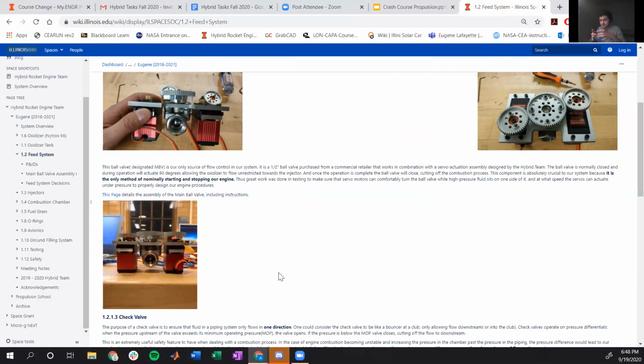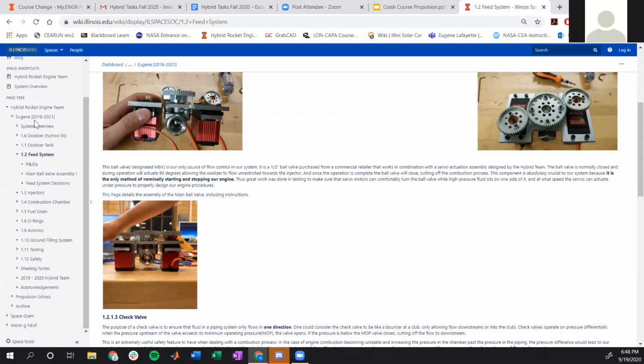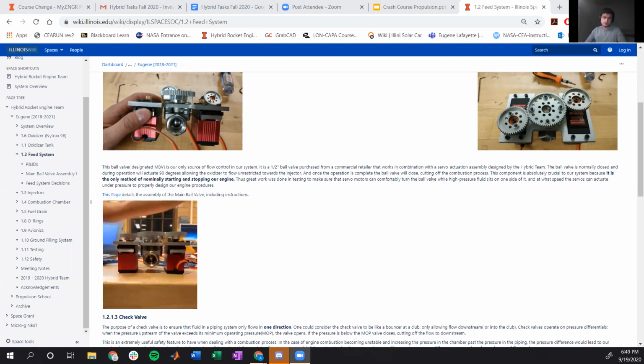Essentially we have this one plate that we machined, and then we bought a bunch of gears, and we machined this little adapter piece that sits on top of the ball valve. If you know what a ball valve looks like, it's like a tube with a little handle on top, a little rectangular piece you turn to turn the ball valve. So we just put the gear on top, and then we attach the two servos next to it. It's not that complicated. If you go through the wiki,